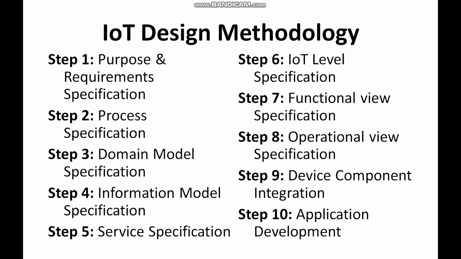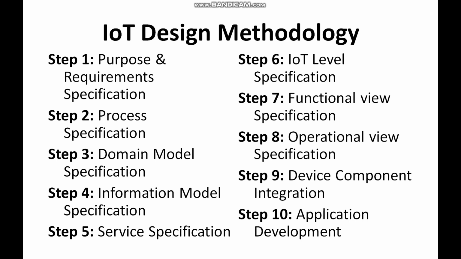And step number 6 we already have done in unit 1, and you know there are 6 levels, and now depending on the application you should be smart enough to decide which level to choose. Steps number 7, 8, and 9 are having some kind of connection. Functional view tells about what is the function of each module which you have decided. And operational view is selecting the right components for each function to be achieved. And after you have identified what components, you have to buy it, procure it, and connect it. So that covers steps number 7, 8, and 9.